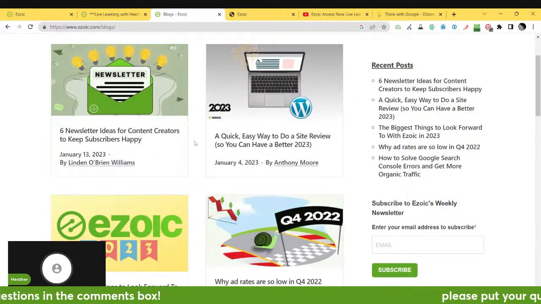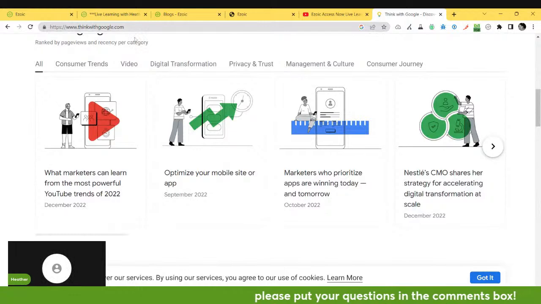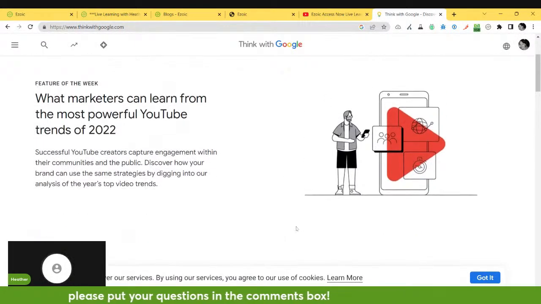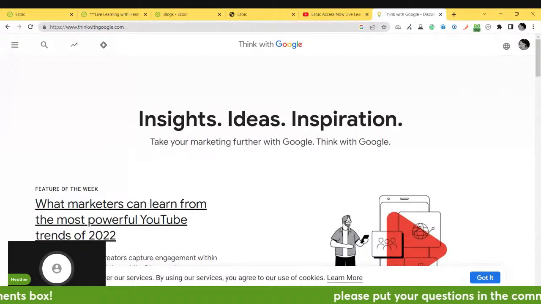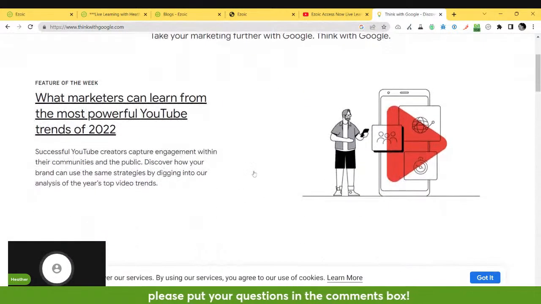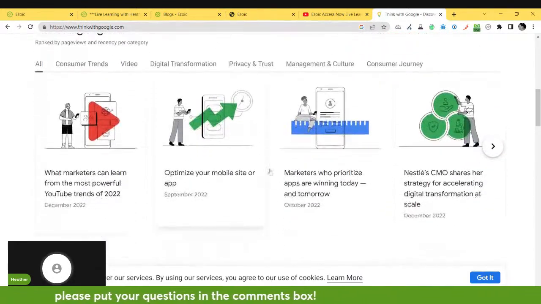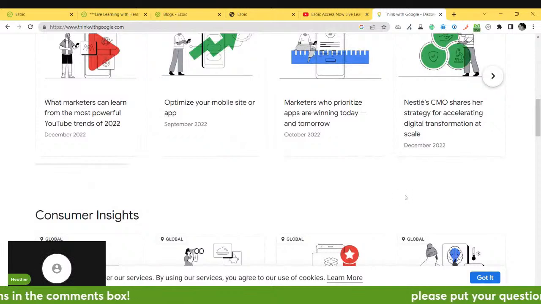And then also another thing that I like to let people know about is Think with Google. So this is a website run by Google, and it brings trends and information about marketing ideas in the various different spheres that Google is involved in. So you can learn about YouTube trends, digital apps, and then also just general information from